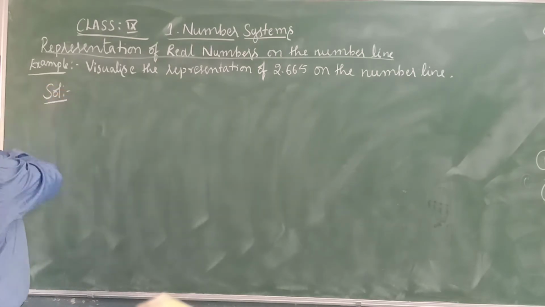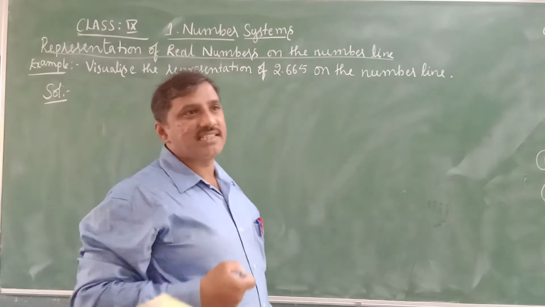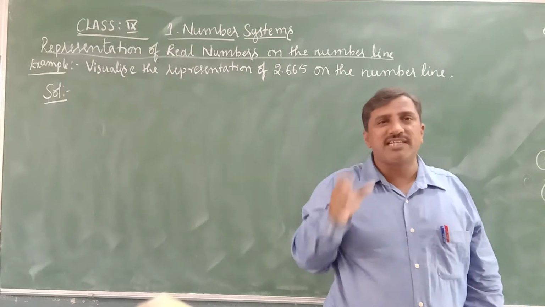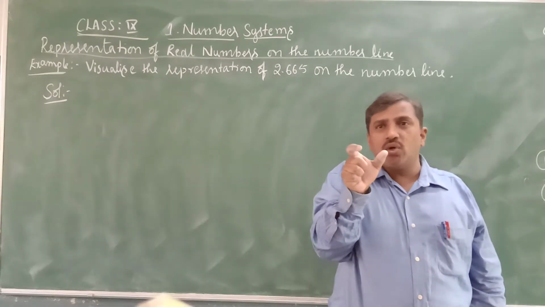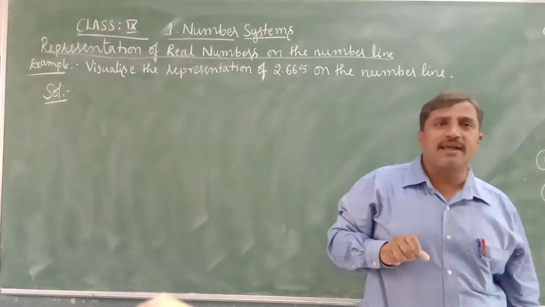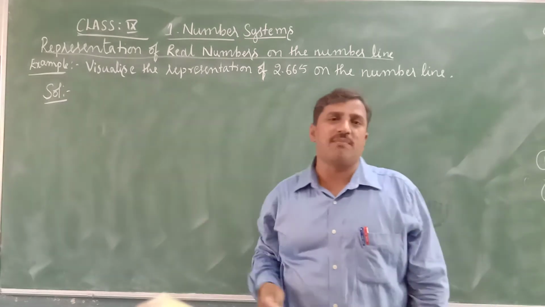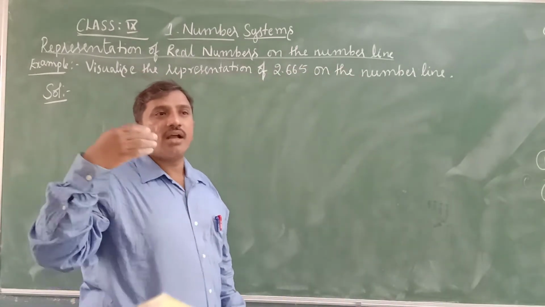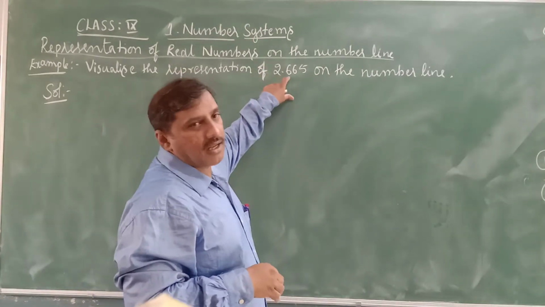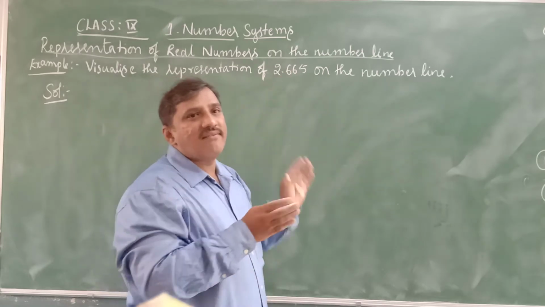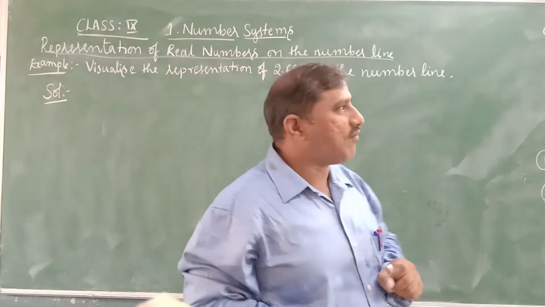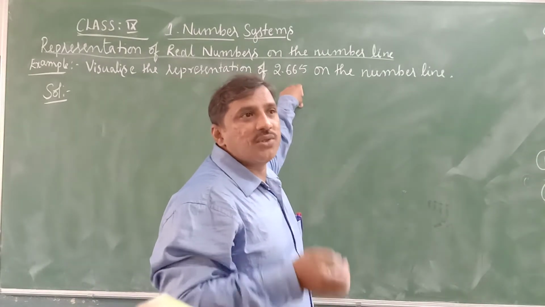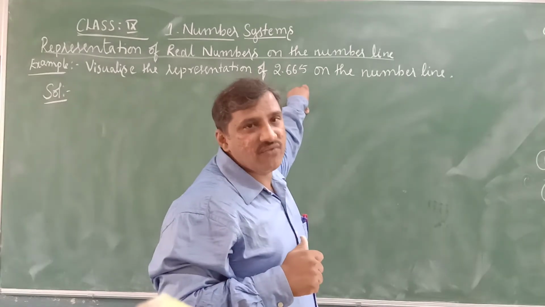Here we use a magnifying glass. That's why this is called successive magnification, because very small numbers will be there in the space between the two numbers we are using on the number line. That space will be divided into 10 equal parts. Then, to represent the second digit in the decimal part, we divide the space between them again into 10 equal parts. Similarly, we can represent the third digit also on the number line. That method is known as successive magnification.